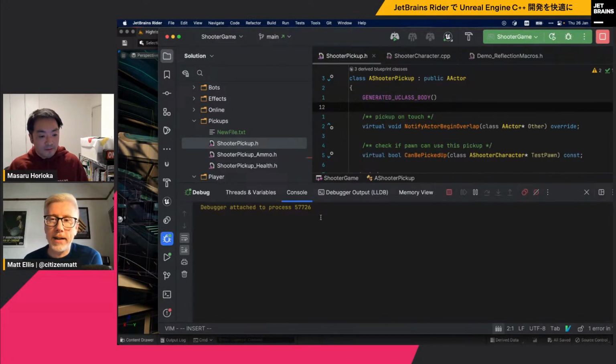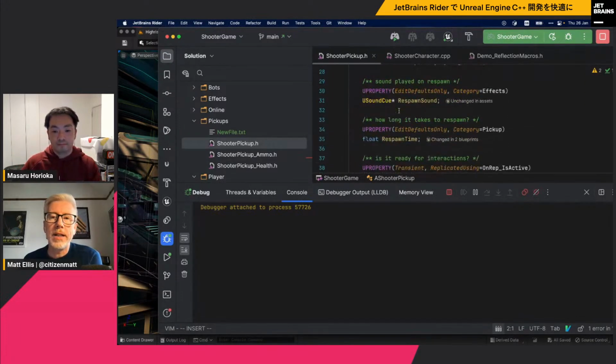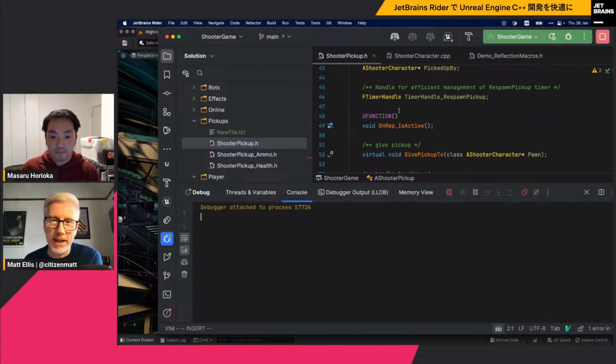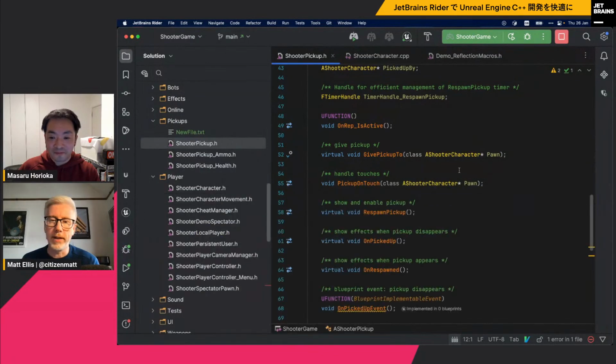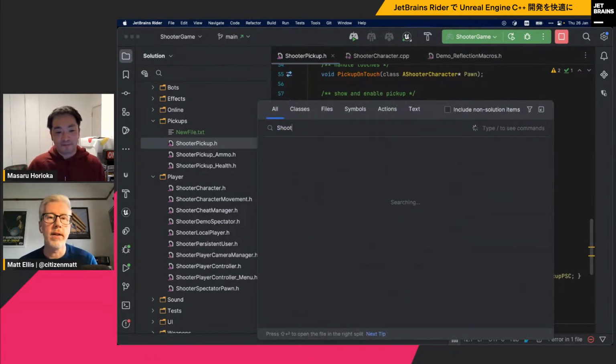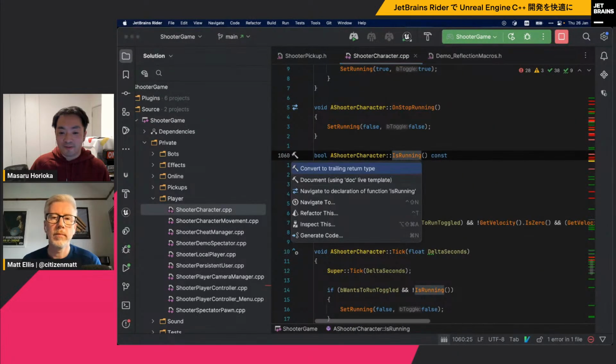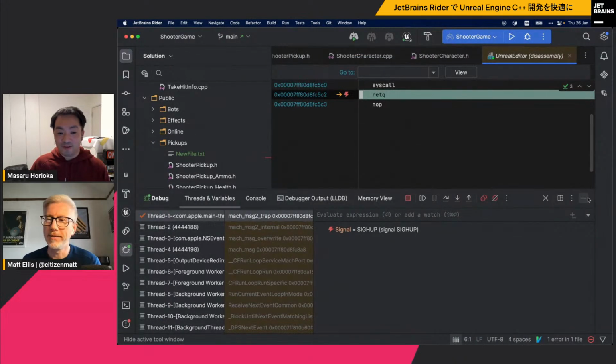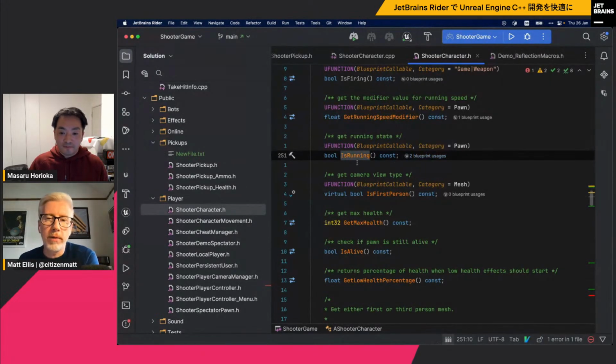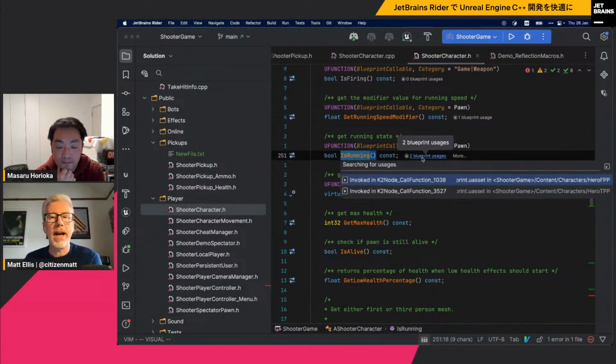We also have changed the way some of the blueprints work. You can see now when a function is being used in a blueprint, it shows you how many times it's being used. So it's an easy way to find when your code is being used inside blueprints. Where can I see how many times it's used? Let's go and find some of that. If I go to, I think it's in ShooterCharacter. ブループリントサポートも少し機能が追加されていて、使用されている頻度も見れるようになりました。Here, for example, the IsRunning function is being used in 2 blueprint usages, and we can click that and see where it's being used. ここで紹介しているように、IsRunning が2箇所のブループリントで使用されているのが見れます。